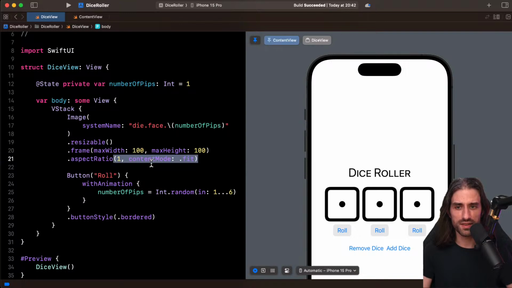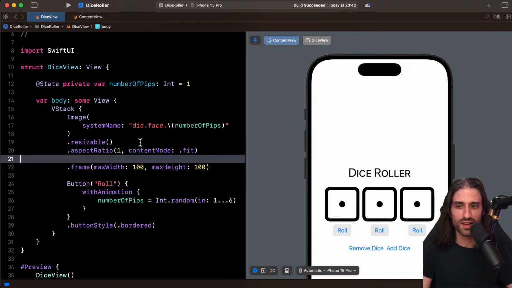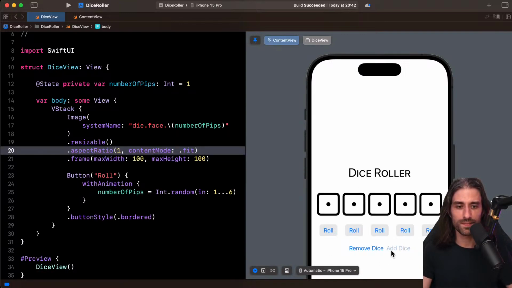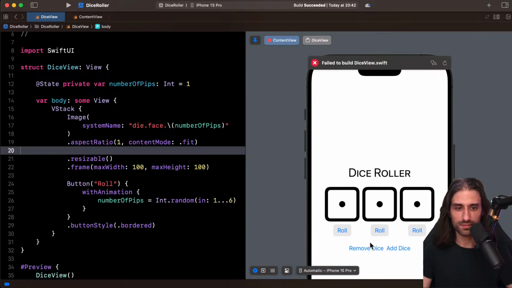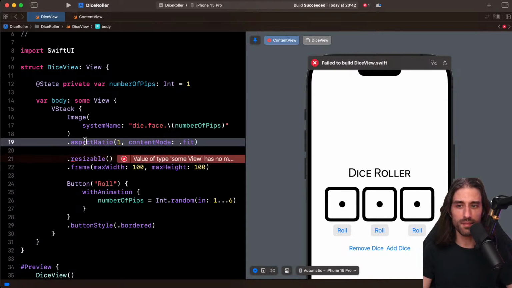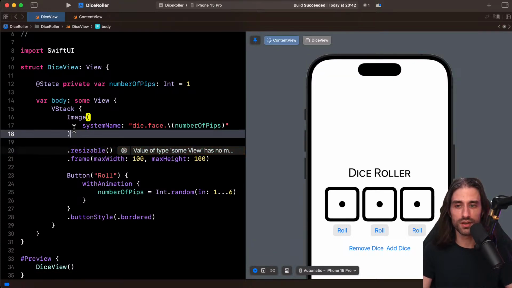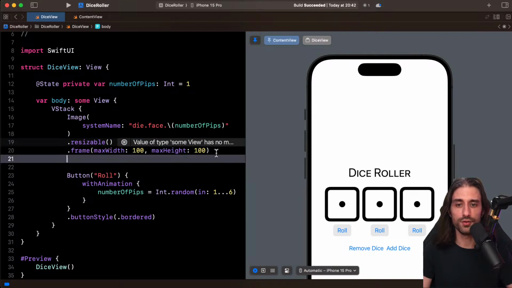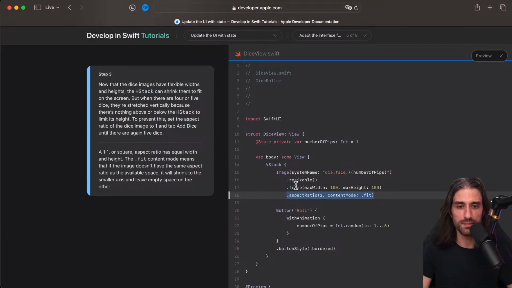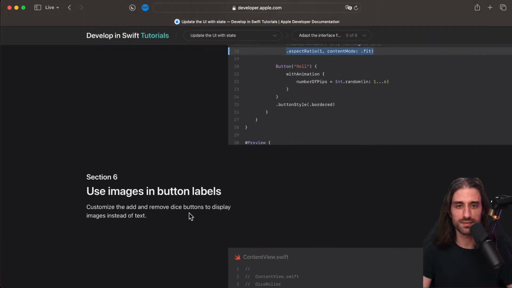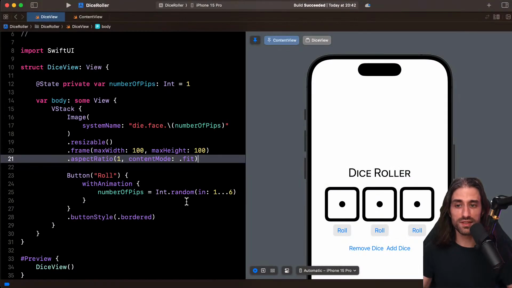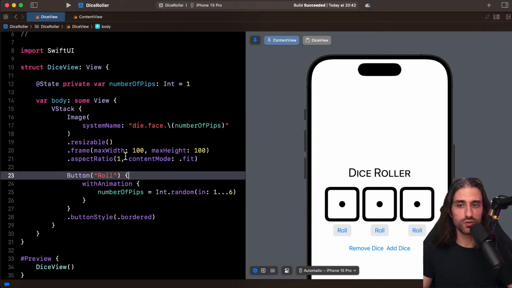One thing that's important is that I think that if you put it in another order, okay, no, it's still okay. This one is still correct, but yeah, don't put it before the resizable, because resizable can only be applied on an image, and when you call this modifier, you've lost the information that it's an image and not just any kind of view. So once again, the order does matter, and they put it after the frame, so I will put it at the same place.